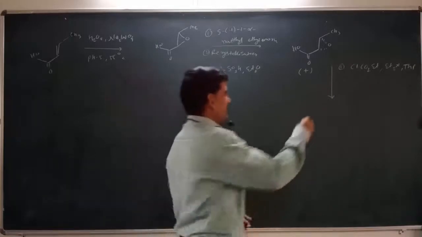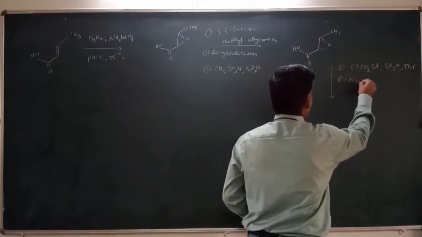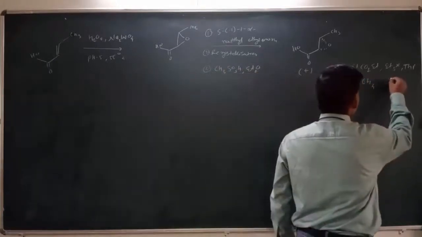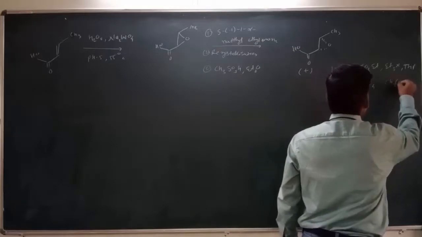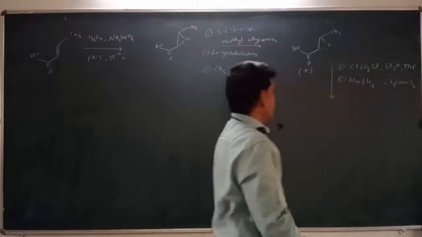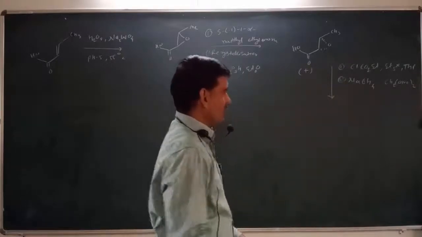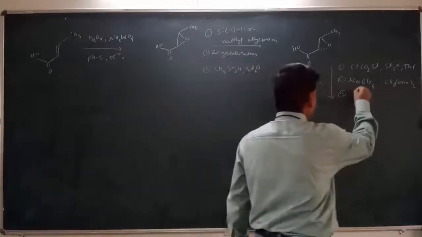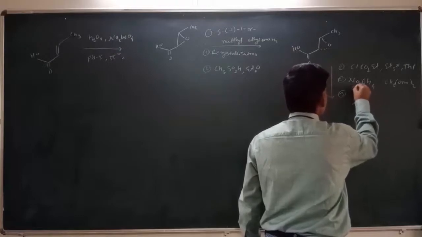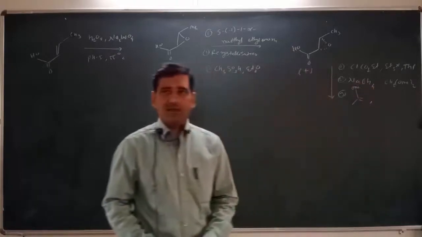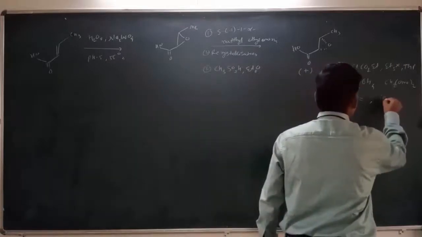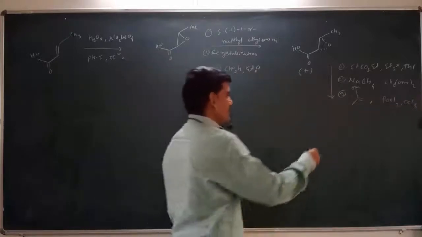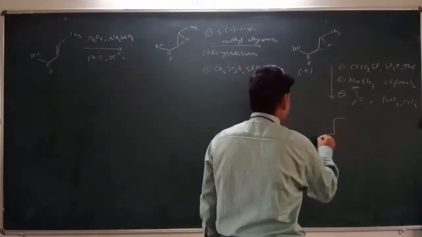Then further we are treating this compound with excess NaBH4. That means we are reducing this anhydride in the presence of solvent CH2OMe twice. Then further, this alcohol will be protected by using a protecting agent like this, in the presence of excess POCl3 and a solvent CCl4, right. So what we get here is a protected alcohol in this way.